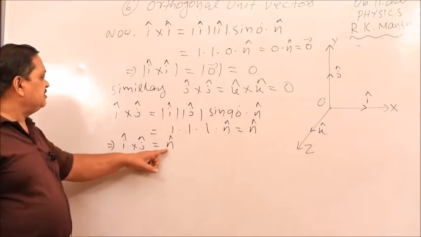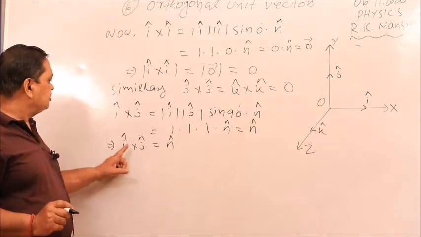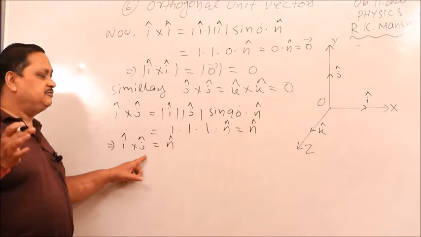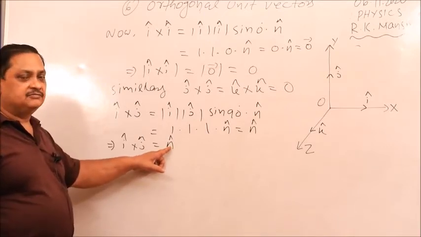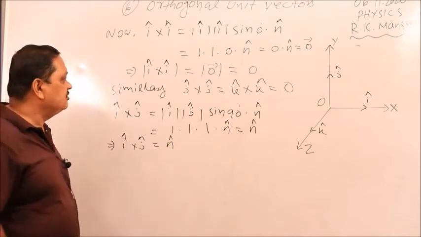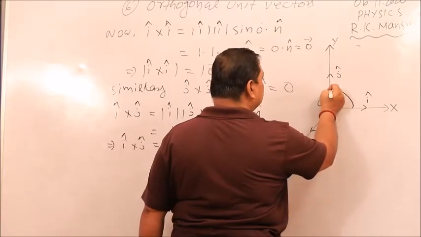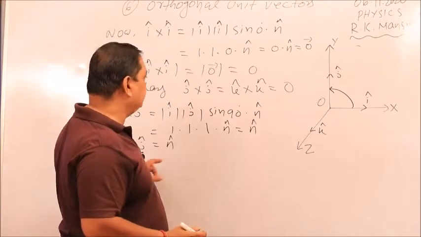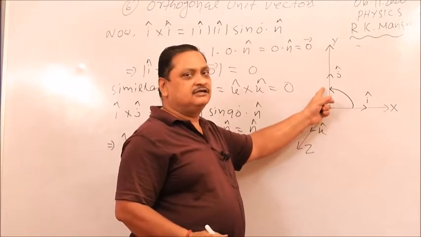i cap cross j cap equal to n cap. So n cap is indicating that the cross product between two unit vectors is another new unit vector. So that unit vector represents n cap. So we have to find out the new unit vector. Here you mark it, i cap cross j cap means anti-clockwise direction. i cap cross j cap, that means we will start from the x axis and we will reach the y axis,